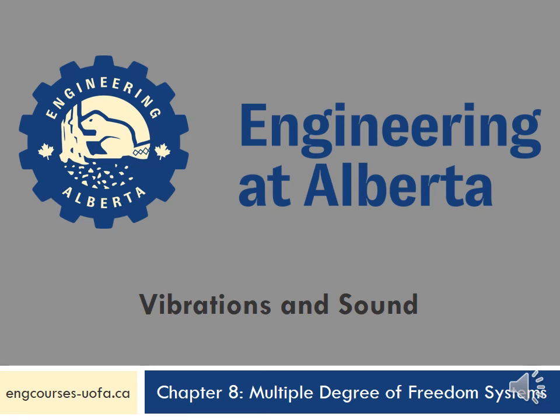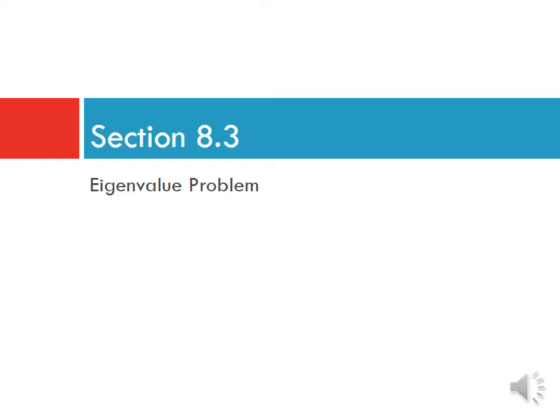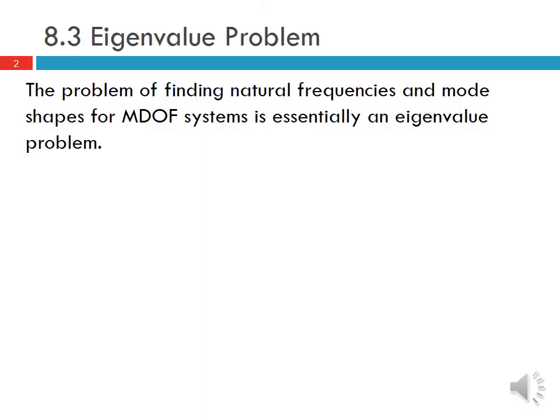In this video, we're continuing our discussion of multiple degree of freedom systems. And here we're going to consider the eigenvalue problem. So the problem of finding natural frequencies and mode shapes for multiple degree of freedom systems is essentially an eigenvalue